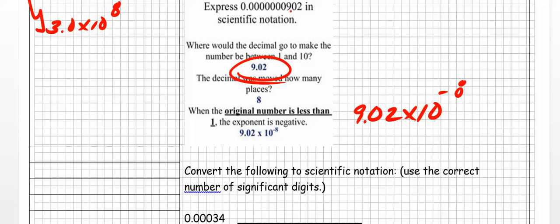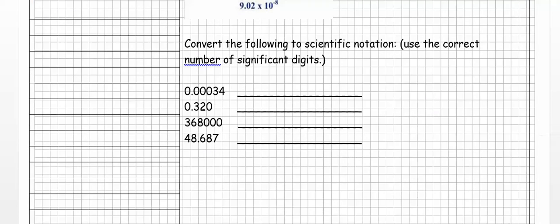Here we go. So let's say we want to convert 0.00034 to scientific notation. That's a small number. It's not too terribly small, but it's pretty small. So where would I have to put the decimal to get it to one number to the left and no more than one number to the left of the decimal? Well, the decimal is currently here, obviously. So if I move it over here, 1, 2, 3, 4 places to the right, then I would call this number